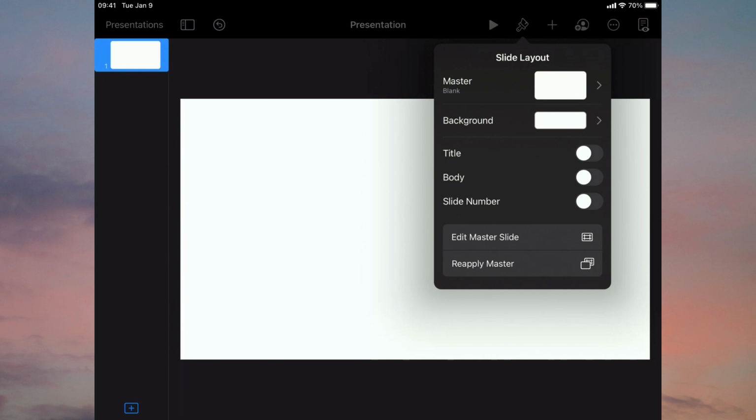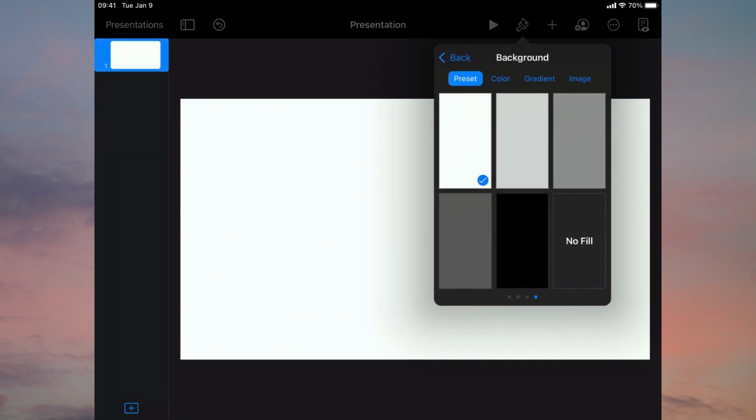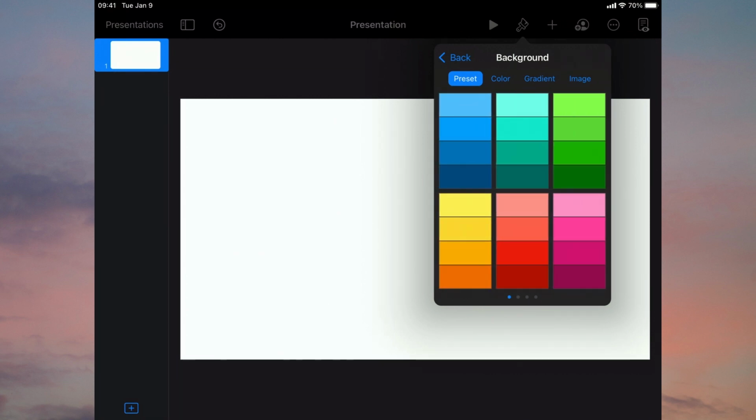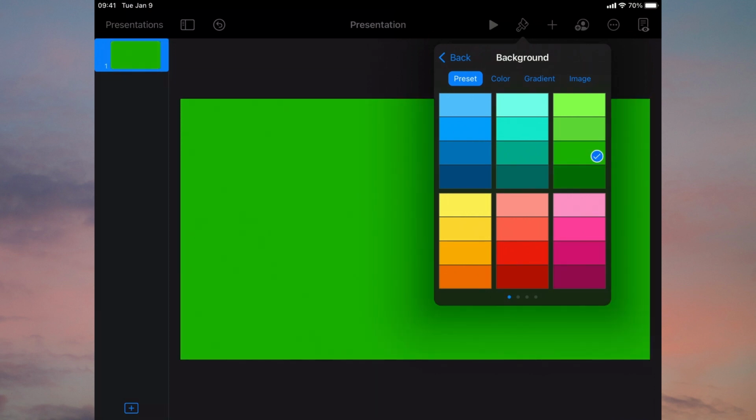Touch the background, and you'll then come up with some presets. What we then need to do is scroll from left to right, moving across the presets. I'm just touching the screen and dragging it across until we get these solid preset colors. I then want you to choose the third green background down, the one that I've just selected there.